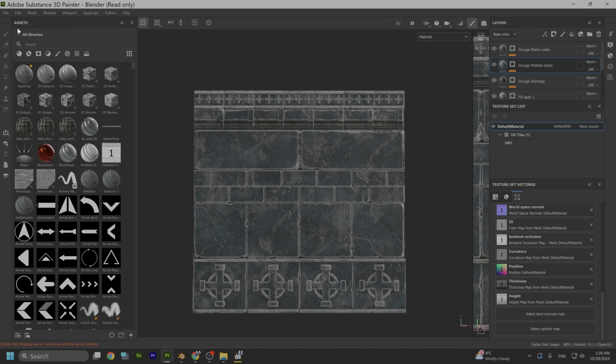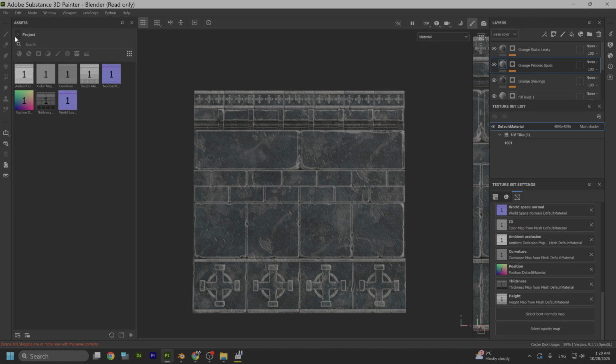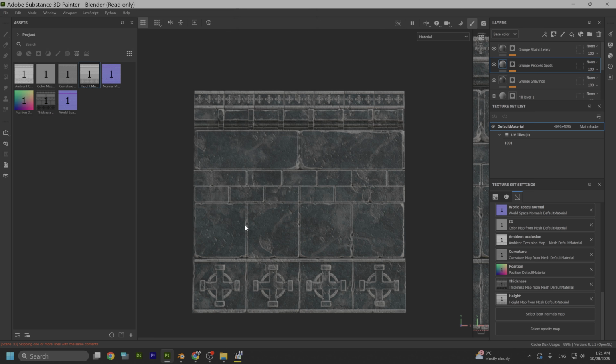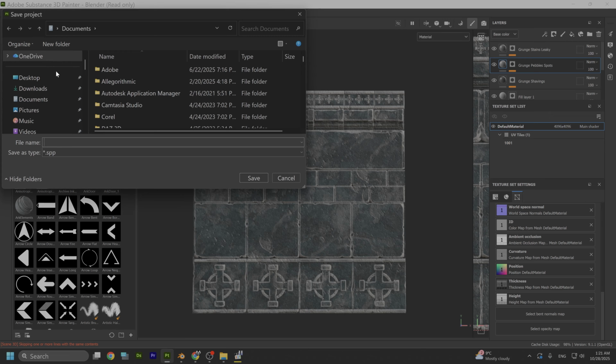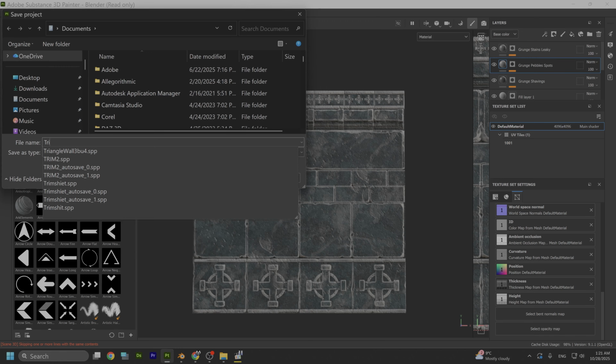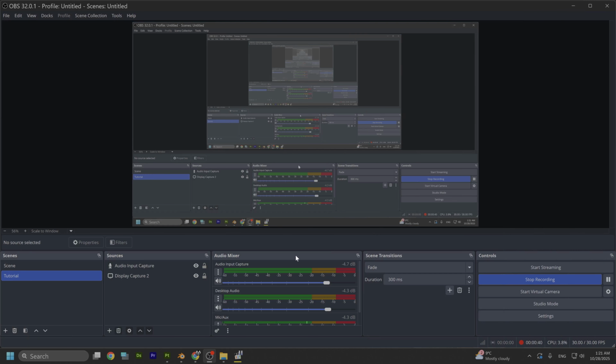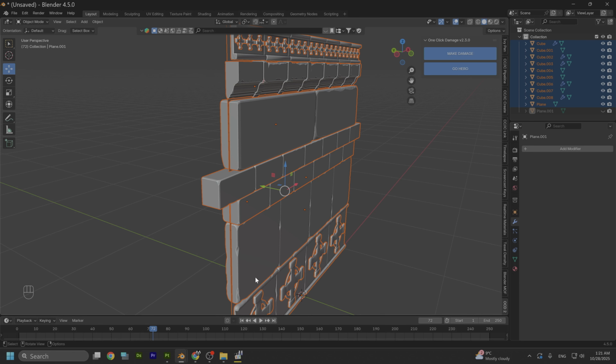Now I want to also, so here you should go on project and select the height map, and we're going to export resources also on trim folder, or where you're saving your textures. And now let's go back here, and we're going to save this trim 3, let's say, and we're going to move this down, and let's go back to Blender,